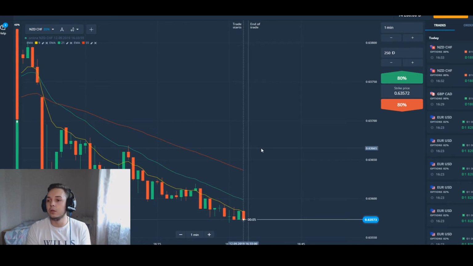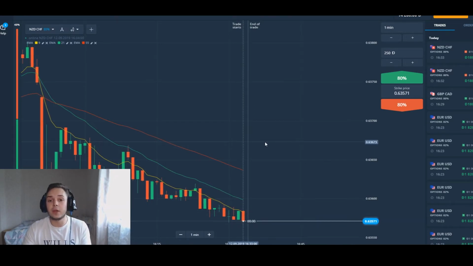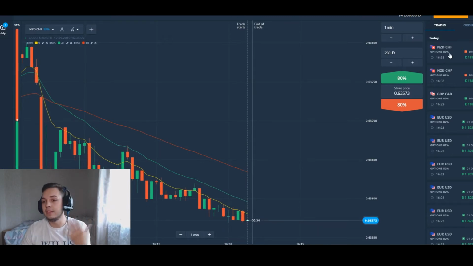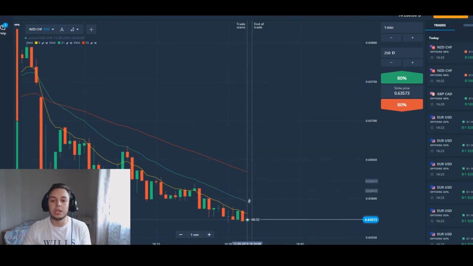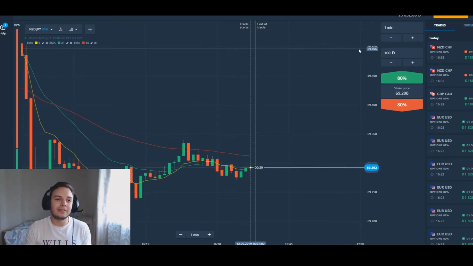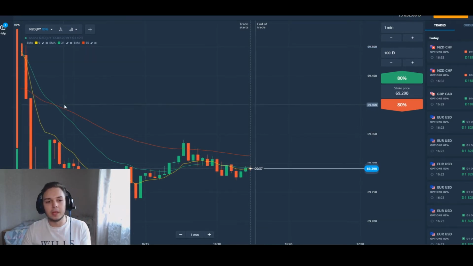It's looking really good, really perfect, and that's the way you trade, guys. Honestly, very easy strategy, anyone can do. As you can see, it's a winning trade, very nice strategy. So having a look at some other currencies, NZD JPY, at the moment the current trend is in the downwards direction, because